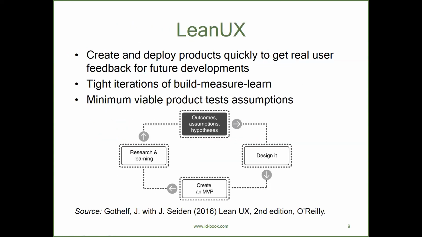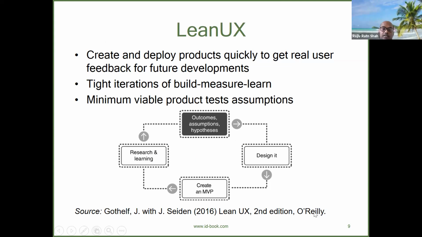Sir, a minimum viable product doesn't mean just a small type of product or something. Think of a minimal viable product this way: at least you can test some functionality. For example, your overall product may have 10 features, right? Before a user can test it, it should have at least something. So create an MVP in the sense that there is at least something which the user can try, test and experience.